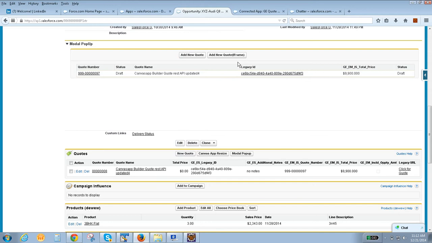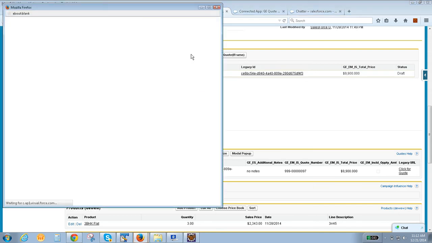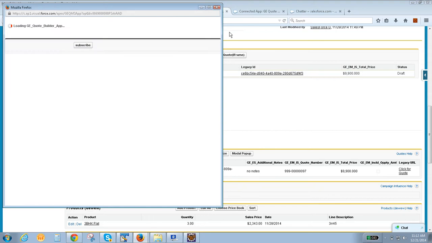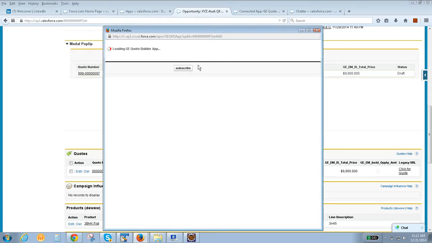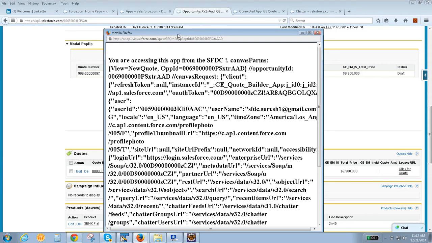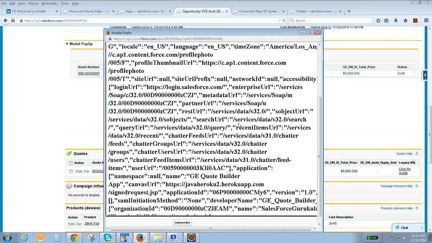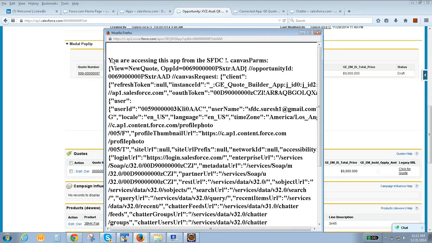Let's say I have added a particular Canvas app over here. It opens the Canvas app from the button. Once you click that button, it is going to open it over here. Correct? So this is how to open the Canvas app in the Visualforce page.